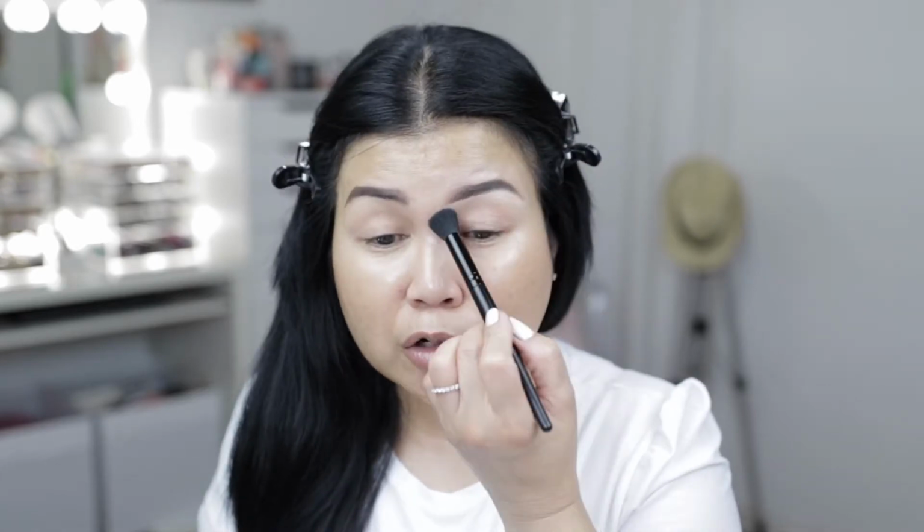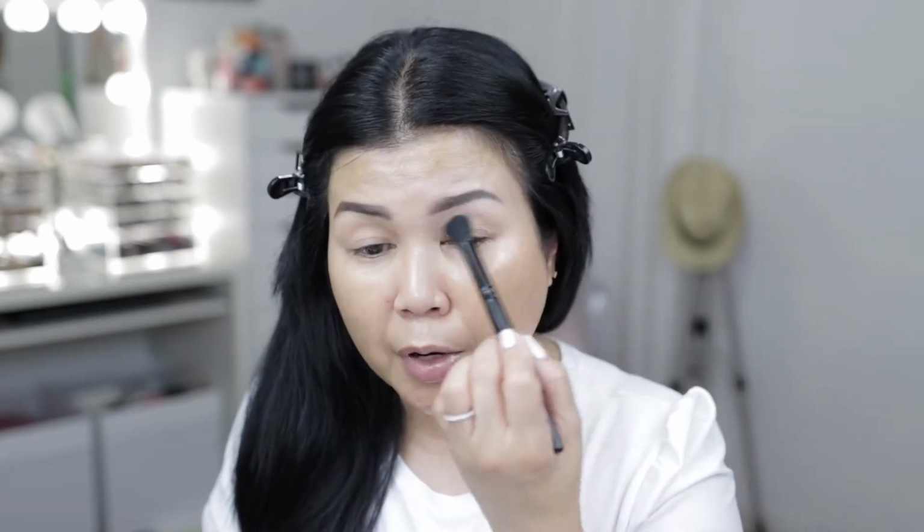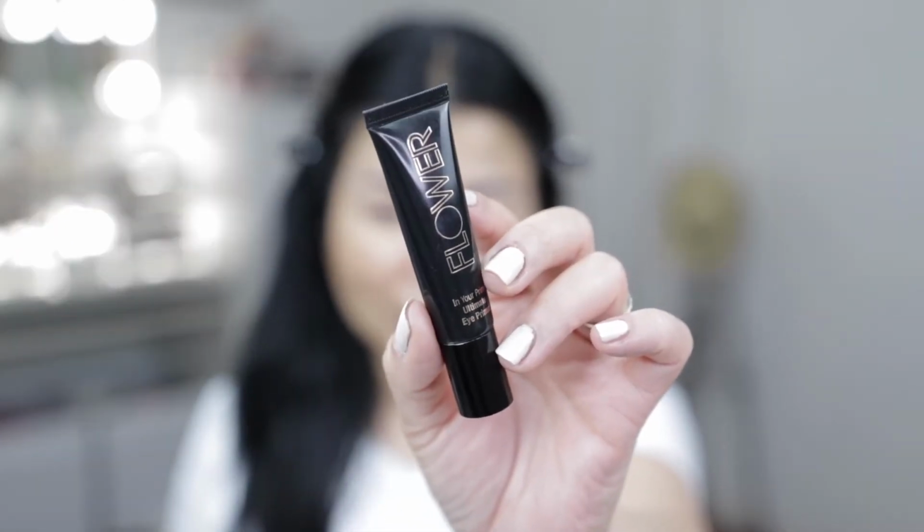I'm just using a concealer brush from E.L.F. to make sure that I'm blending the product evenly. Okay, next up, we're going to prime our eyelids and we're going to use the Flower Beauty In Your Prime Ultimate Eye Primer. Flower Beauty is an underrated brand, but if you're going to learn more about their products, they are